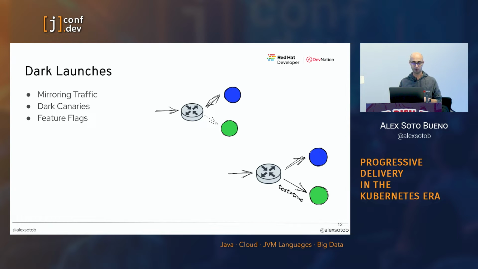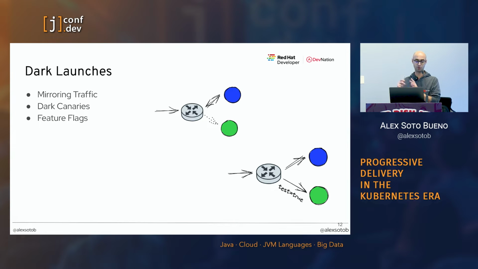And it's like, what's happening if I have 1,000 users per second, and I'm sending just 10% of these 1,000 users? It means that I'm just sending 100 users to the new version, and if there is a regression, those 100 users, so the 10% of my users, will get a bad experience with my new version of my application. So Google, Amazon, and these big tech companies decided that it could be a good idea to create one